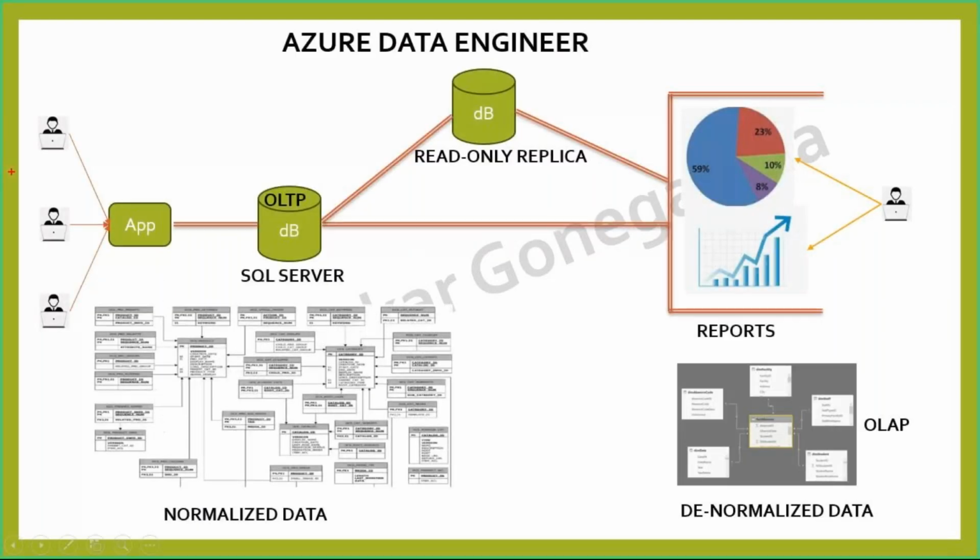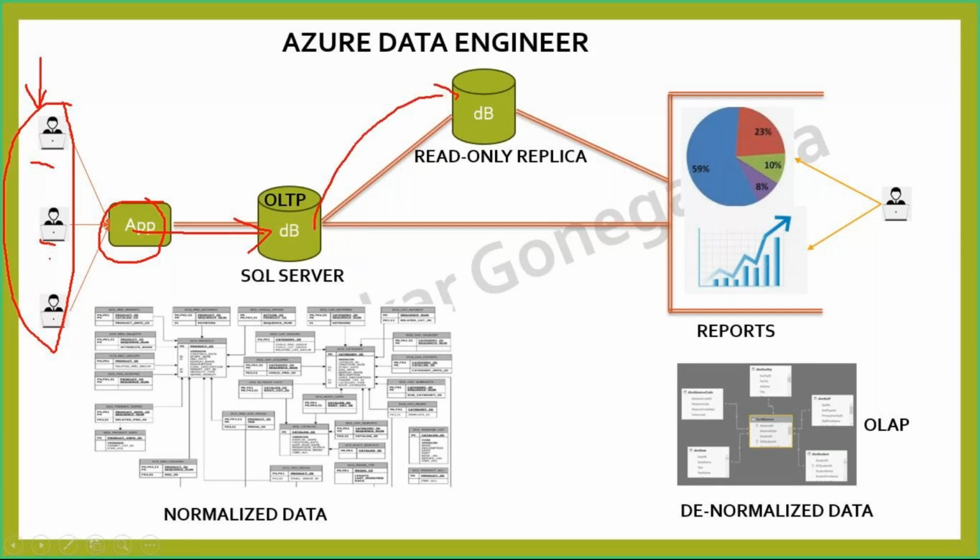So here, if you observe this, people are going to fill. We are the customers. If you take a bank, we are the customers, right? So you can make a transaction. Those transactions you're doing through the application. That application is talking to the database, and you're keeping the data here. That data we are replicating and keeping in one place for the reporting team. The reporting team never gets the data directly from the business system.